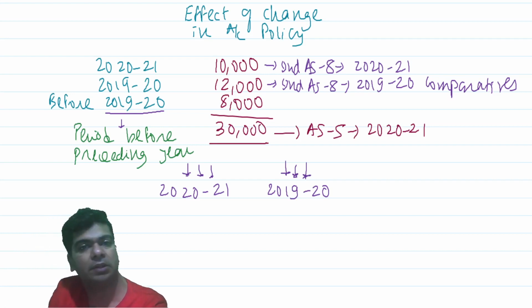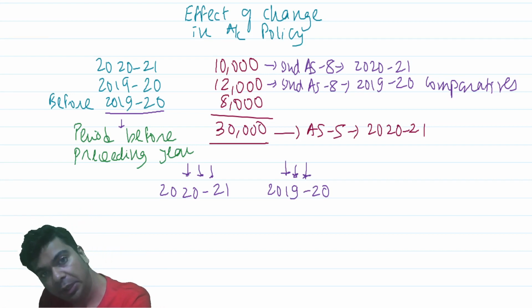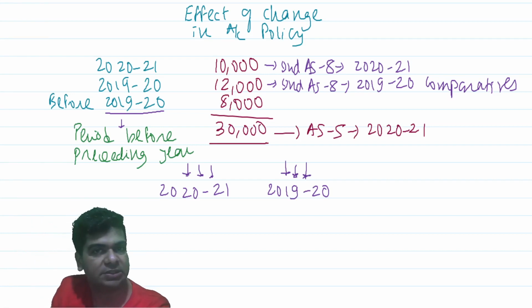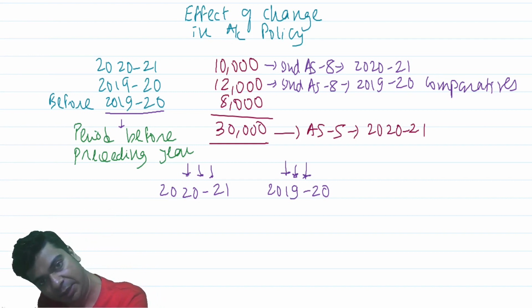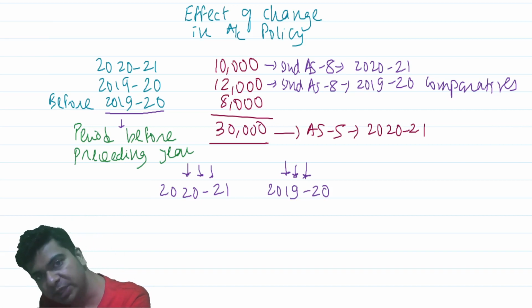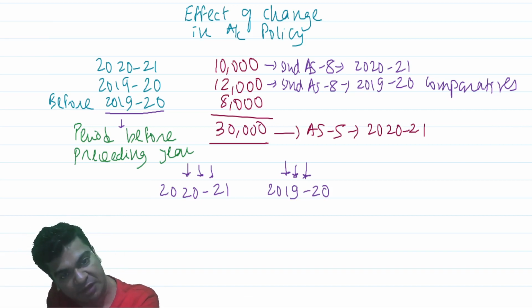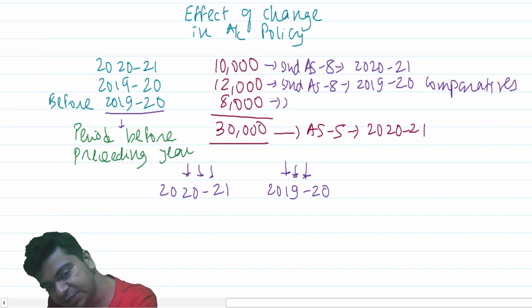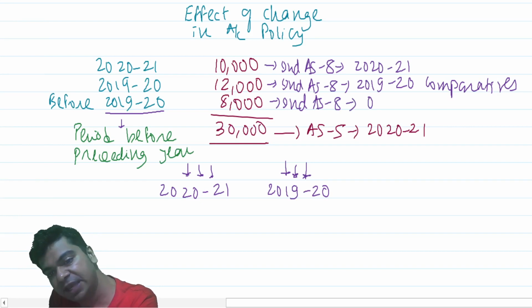Those opening balances should be changed. The opening balance of the affected asset, the opening balance of the affected liability, the opening balance of the items of equity, that should be changed. That is how the effect will be given. So as I'm applying Ind AS 8 over here, I will say